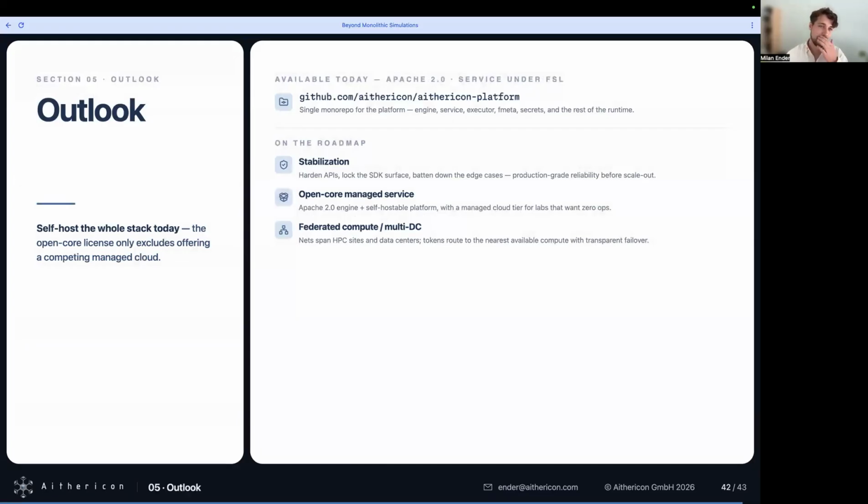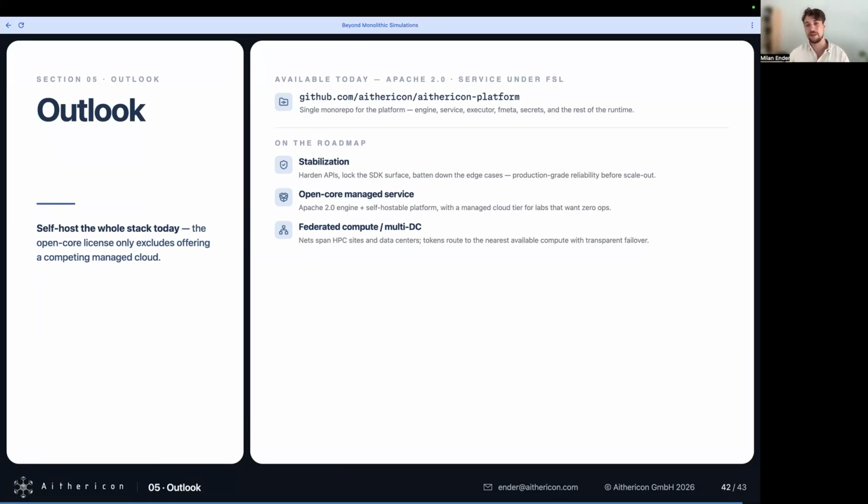Quick note on the business model and the things behind it. The idea is to really make this open source, or partially it's open source, so everything is readily available and you can use it however you want. And part of it is behind an open core license, so the source code is available, but it excludes competing services, like offering a cloud service that is basically doing the same thing with our code, something that we want to avoid.